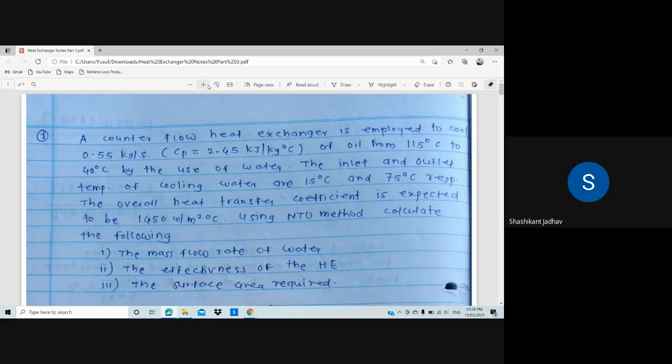A counter flow heat exchanger is employed to cool 0.55 kg per second,